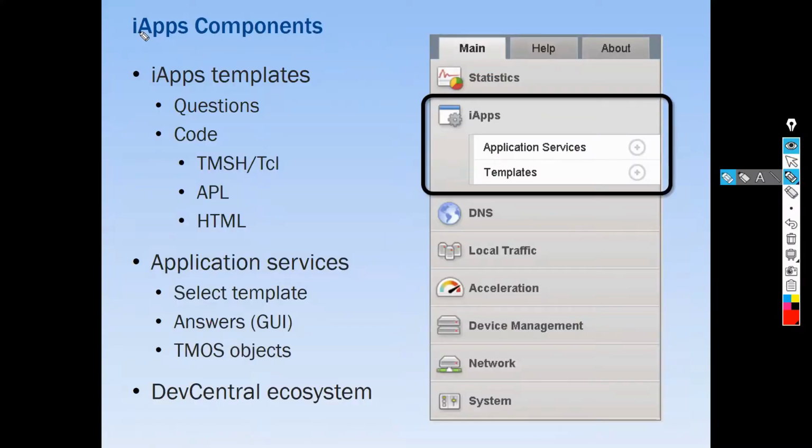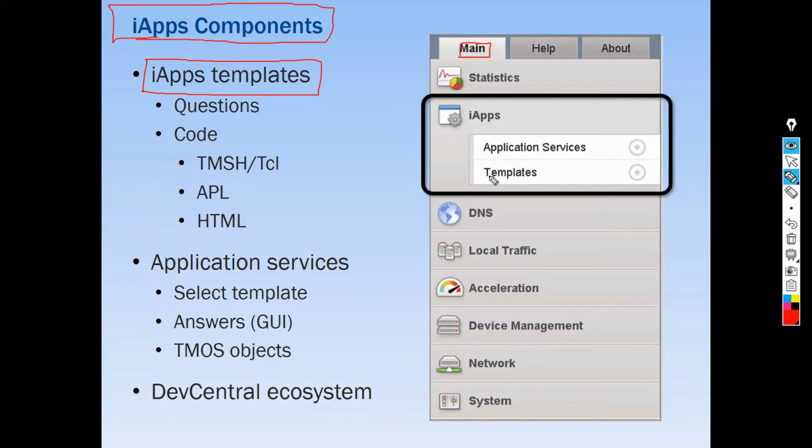IAP will basically have IAP. When we see the IAP components, IAPs have templates. If you want to see the templates, you have to go to main and go into templates, template session, and if you click on templates, the list of templates will be open. So you can click on one template, and if you open it, you can see the actual template configuration.